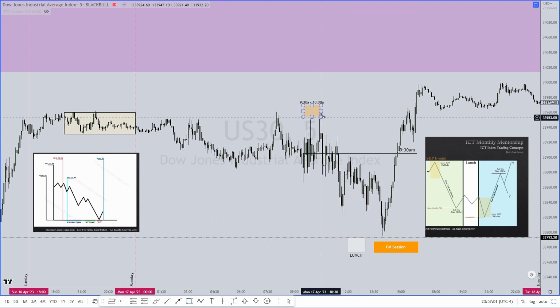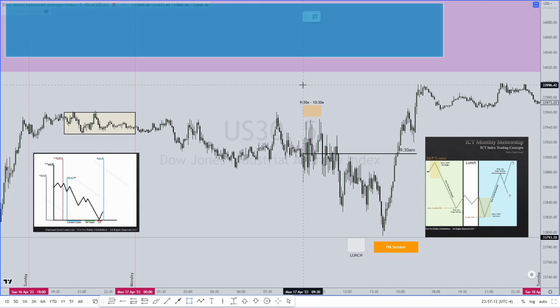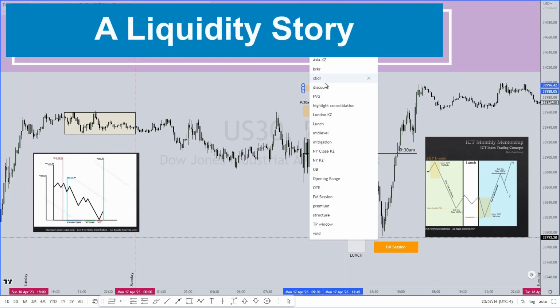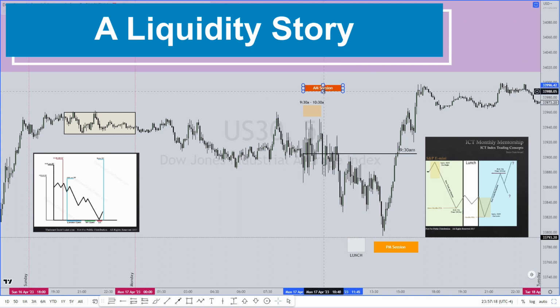So once that plays out, now we're looking to see 10:30 until 11:45. What did that AM session do? So 9:30 all the way to 11:45, and we're just using all of this to frame. So within this time period,